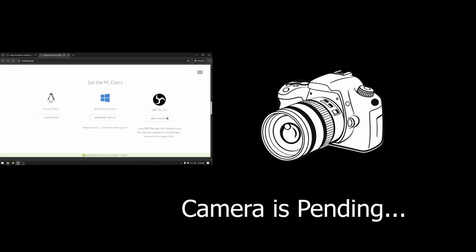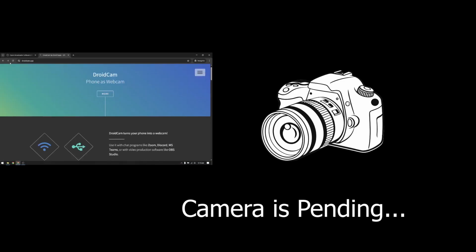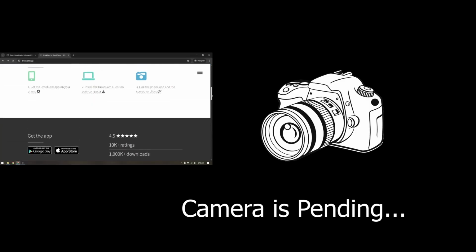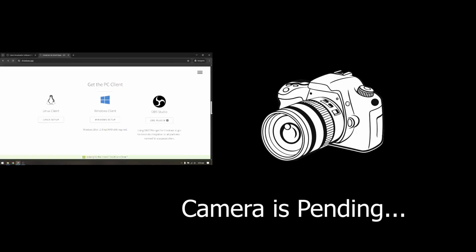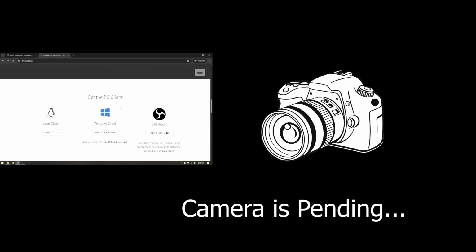Here also you can search DroidCam in Google, and you can see droidcam.app is DroidCam's official website. Here you can see Linux setup and Windows setup and OBS plugin.